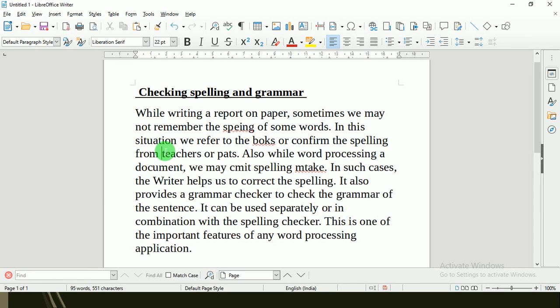You can see here I made some mistakes. Now I'm going to check these spellings.